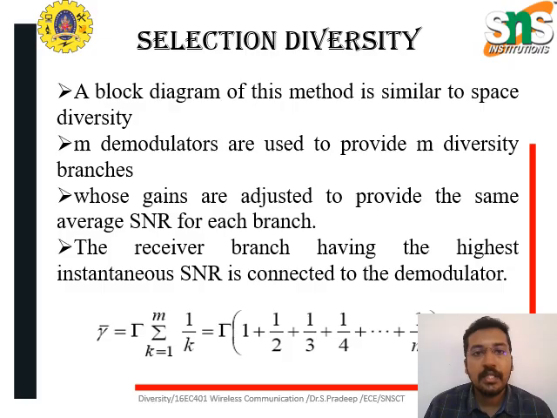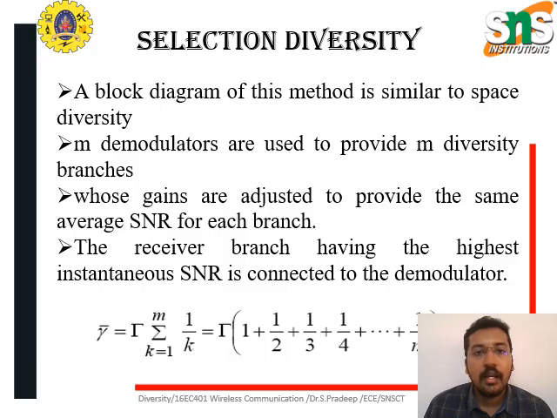The principle of selection diversity: it operates by monitoring the signal to noise ratio or received signal strength at multiple antennas. The receiver then chooses the antenna branch with the highest signal to noise ratio and uses that signal for demodulation and decoding. The benefit of selection diversity is that this technique can significantly improve the reliability of a wireless communication link, especially in environments with strong fading. By selecting the strongest signal, selection diversity mitigates the effects of signal variation caused by multipath